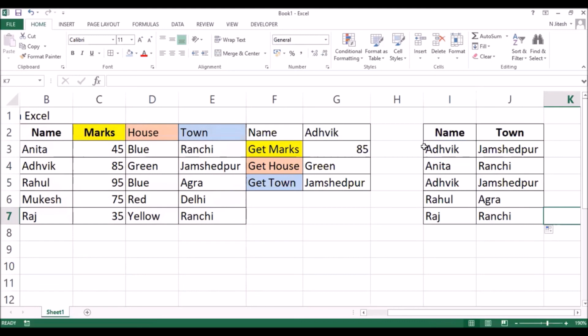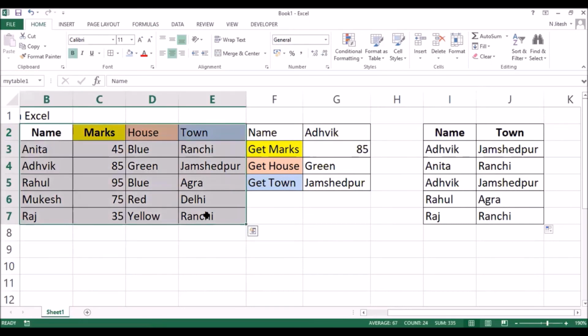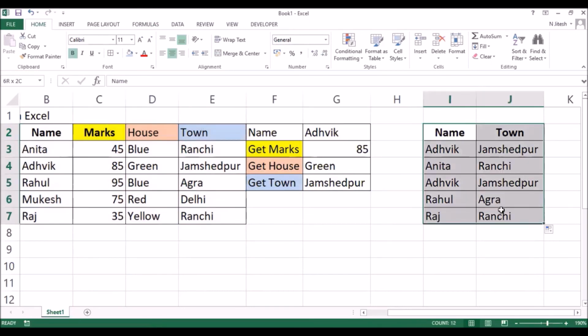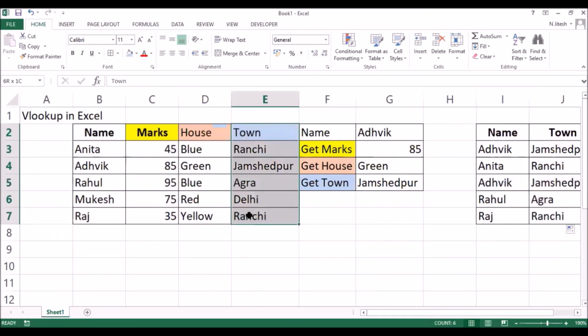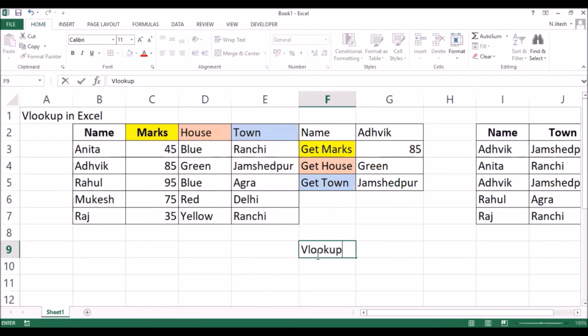So majorly at some places you may need to use it this way, okay, where you're changing one particular cell and you are getting the values here, or then you might need to use this table as a source point, and there might be a target table where you need to fill a value. So using this, you can see what we are doing. We are vertically searching the values from here, and that's what we call as VLOOKUP.